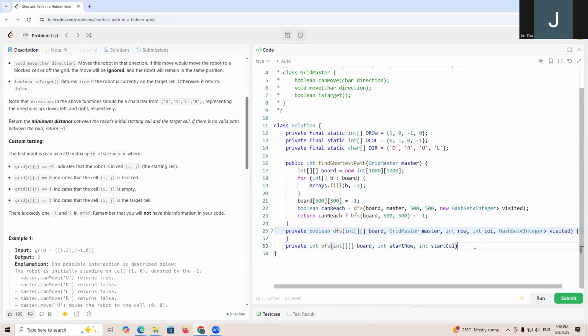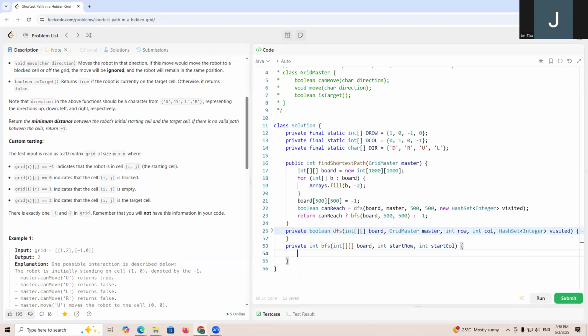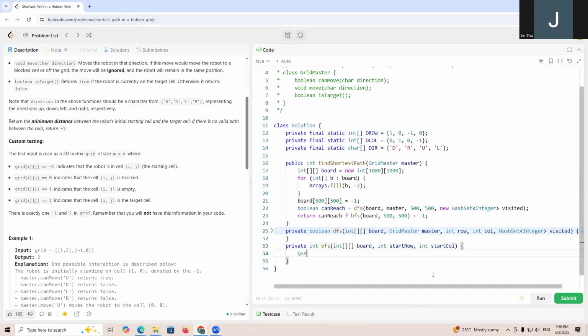So we're going to have a queue, int array q equals new ArrayDeque. Then we're going to have a set of integer visited equals new HashSet. And we're going to have q offer